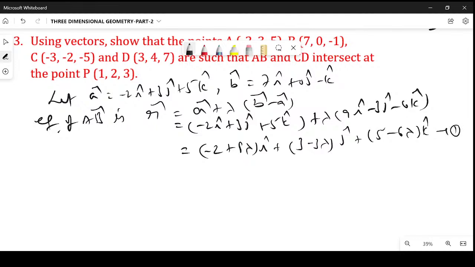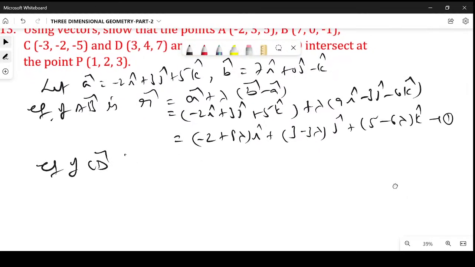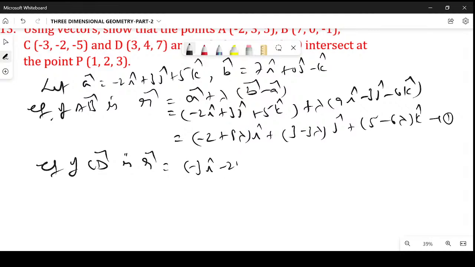I can write the equation of CD bar. The equation of CD bar is the same concept: r bar equal to the same thing, passing through this point. Passing that point I can write minus 3i cap minus 2j cap minus 5k cap. How you have done AB bar, similar like that, plus some mu into, I have written lambda here, another one some mu into B bar minus A bar means